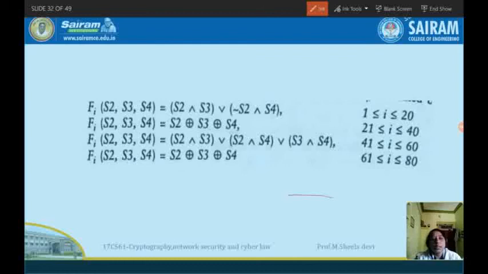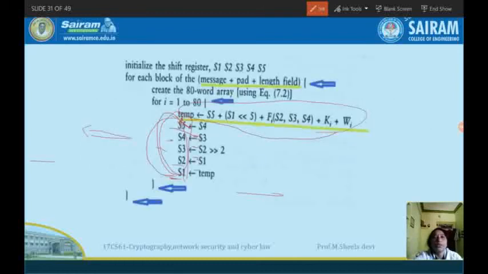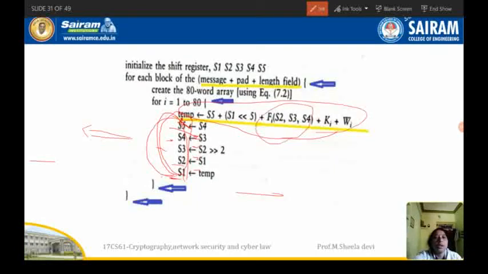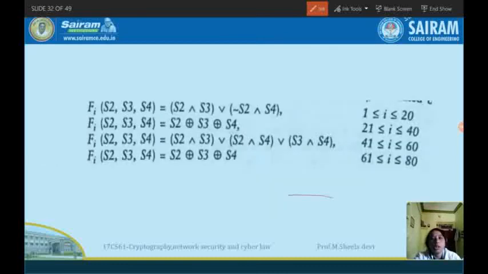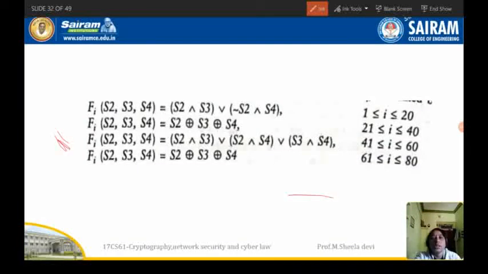Next, I said this function will be applied on the values of shift registers S2, S3, S4. What type of function is applied is this one. To explain this, I have given this formula for the first 20 rounds. A function is nothing but applying some formula.